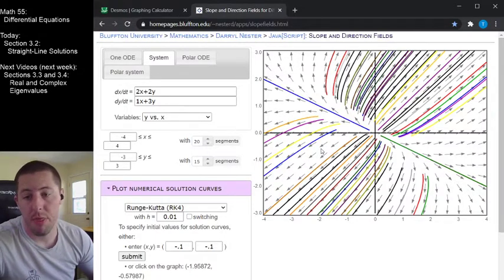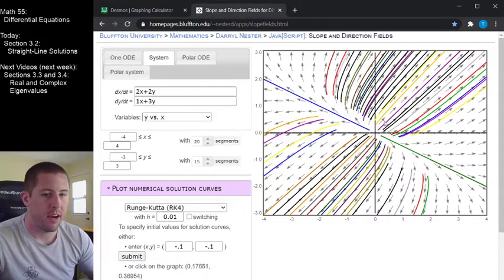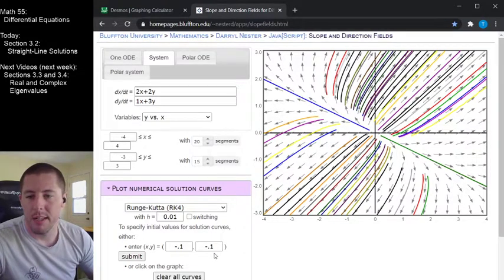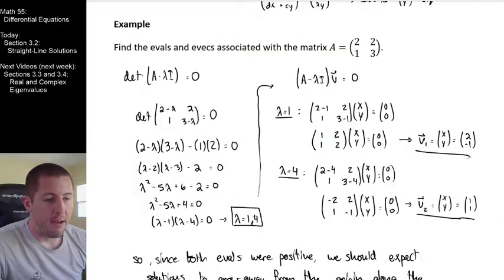Eigenvalues are telling us growth or decay. Eigenvectors are telling us in which direction, and that's what we just saw right here. I clicked a whole bunch and cluttered it up, but at least that image was there before I did so. And we verified at least that our straight line solutions were legit, which is really cool. Okay, so